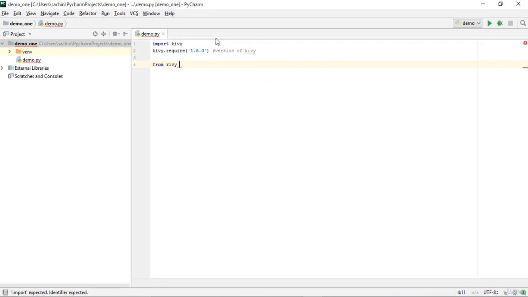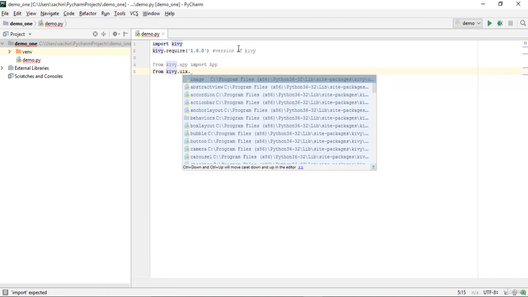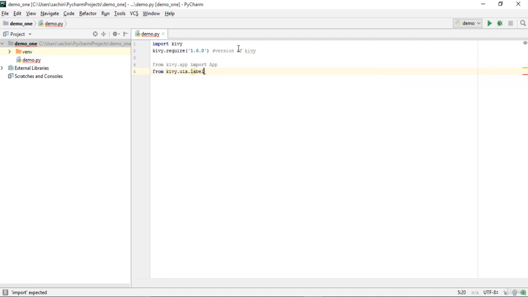Next, we'll import. We have imported the Kiwi module, so we'll say from kiwi.app import App here. The next module would be from kiwi.uix, which is for the user interface, and I'll make use of the label.